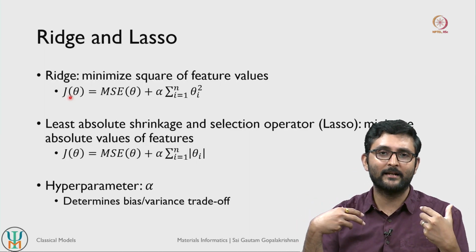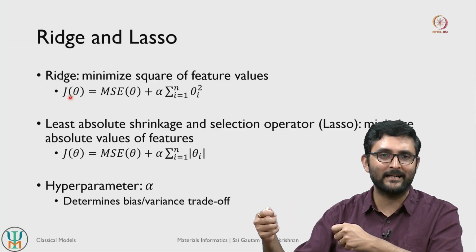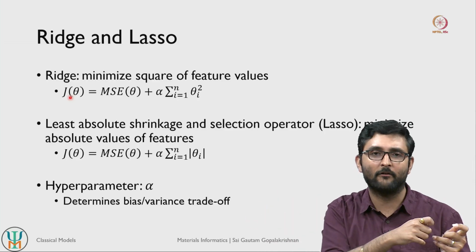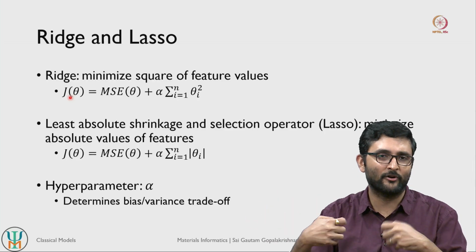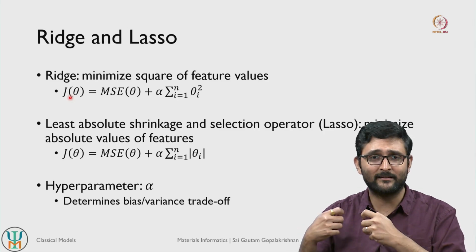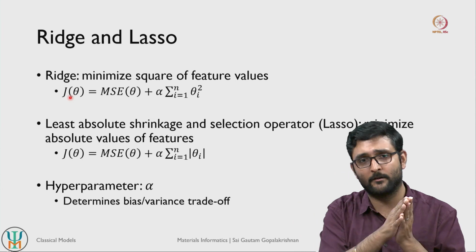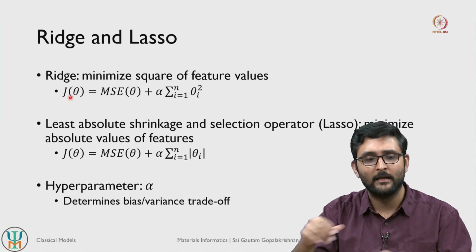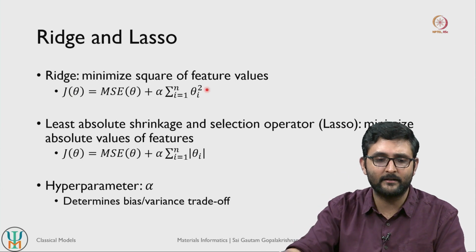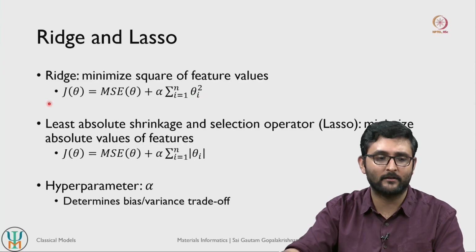So you can actually create several possible combinations of thetas that will give you an exact solution for the 10 data points that you have. So in other words, you are overfitting your model, and that is not what we want. If you have 10 data points, ideally you should only have 10 features that are contributing to those 10 data points. So this ridge regression, since it has a theta i squared term in its loss function itself,